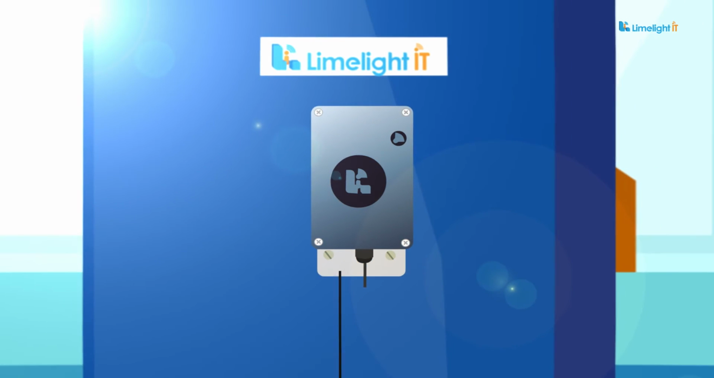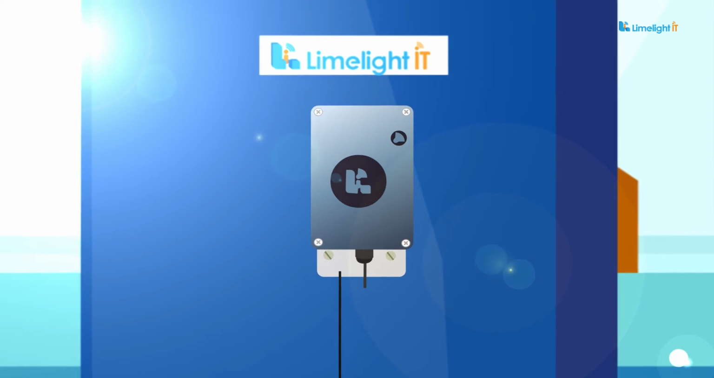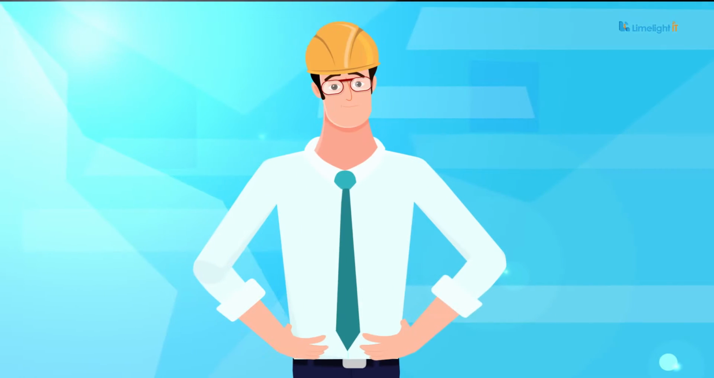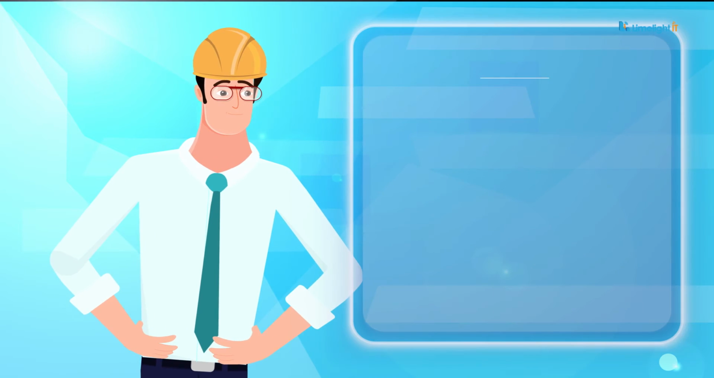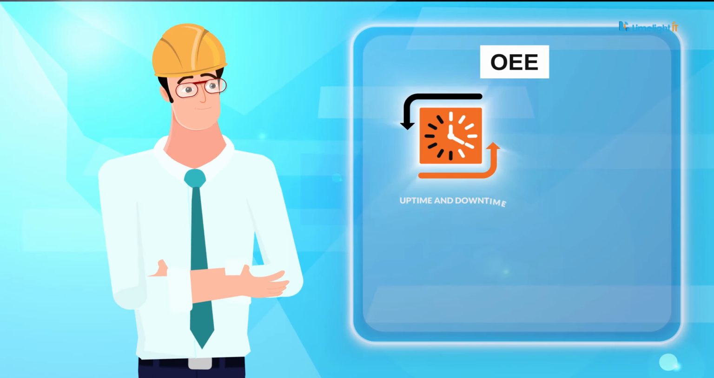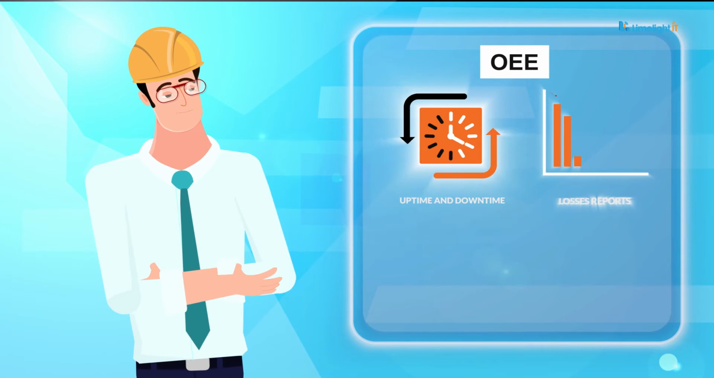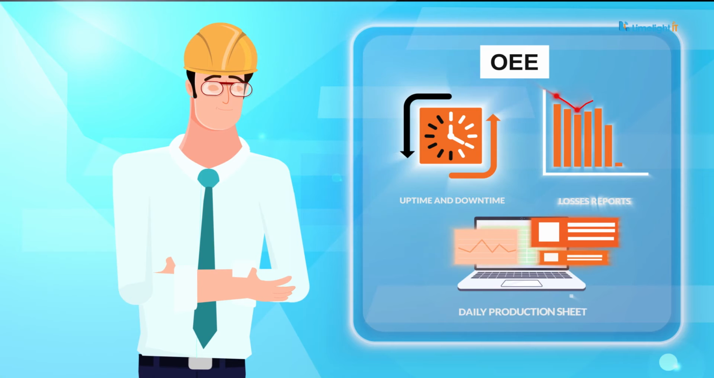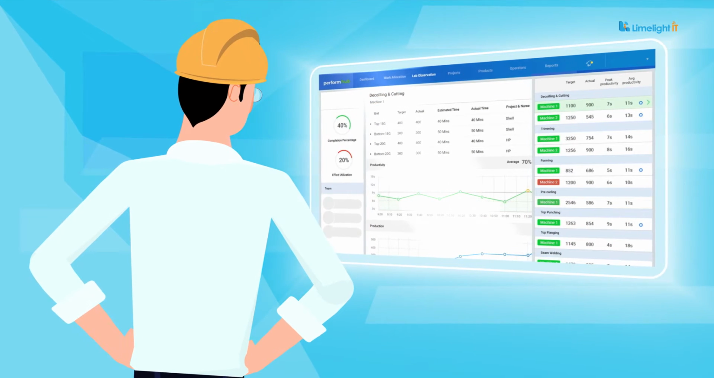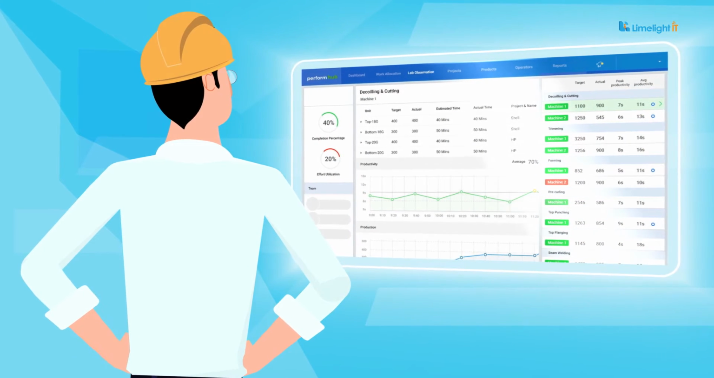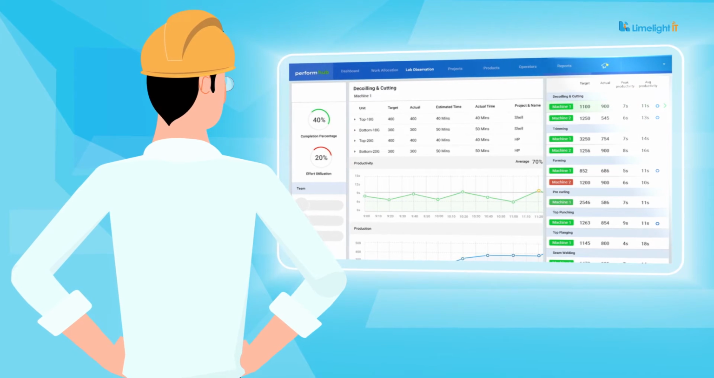After OEE was installed, digital twin for all his equipment was created and now he has access to 1. Uptime and downtime, 2. Losses reports, 3. Daily production sheet. He was able to monitor production and was able to understand the major unplanned downtime to take